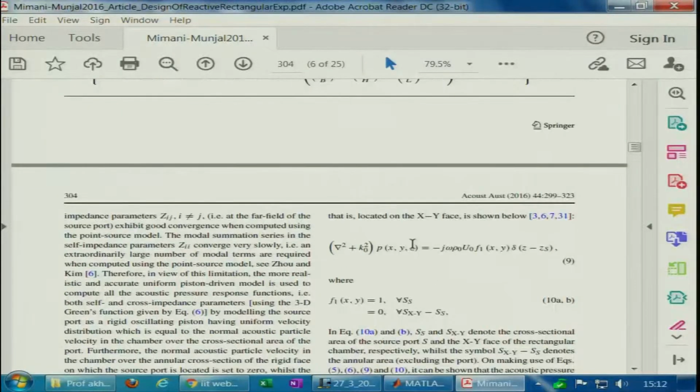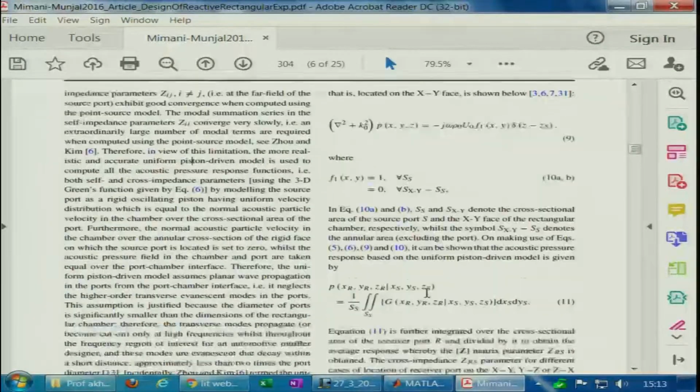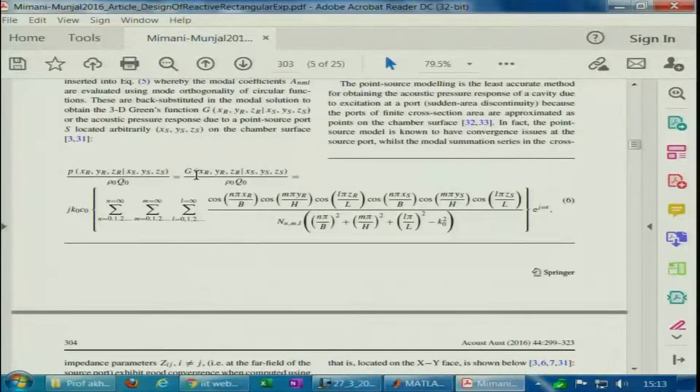So, people have, as I have mentioned in this paper about the singularity issue, published by Zhao and Kim. Now, you consider a piston driven model, which is the same thing that we derived a while back. This is 1 over the port area and 0 over the annular area. Now, in order to get the solution of that, we notice that this function g